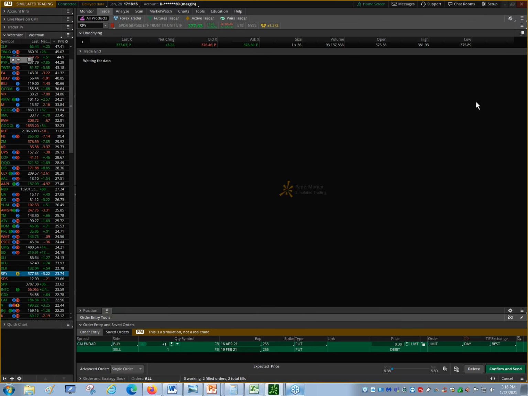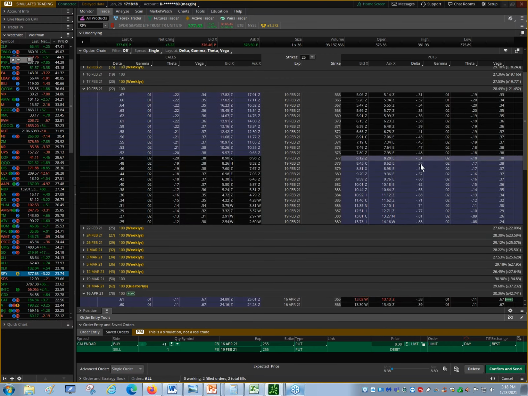Let's look at SPY just to find an example where volatility is probably increasing. And you can see volatility does increase. But I could still do a calendar around this because it's increasing less than 3 percentage points, okay? But usually this is the normal where we see volatility increases out the curve as opposed to decreases. Facebook, we've got a perfect scenario where we can sell high premium, buy cheap premium. That's what I'm looking to take advantage of for this.